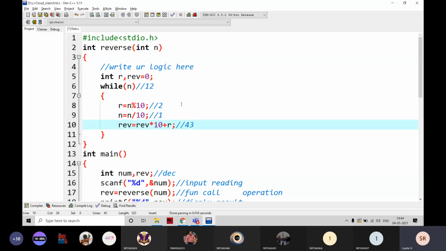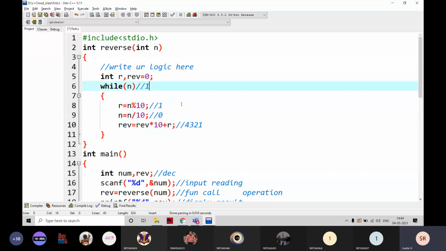Now what is the REV value? 43 into 10, 430 plus 2. Then it becomes 432. Then while 1, yes. Then R is 1 and n is going to be 0. Now it is 432 into 10, 4320 plus 1. Then it is going to be 4321.